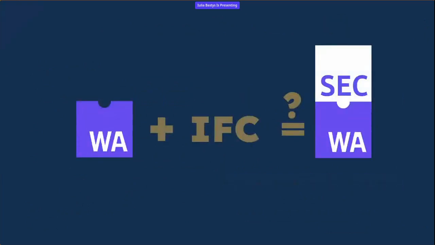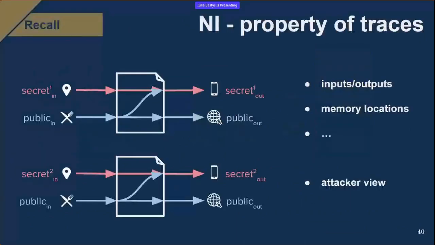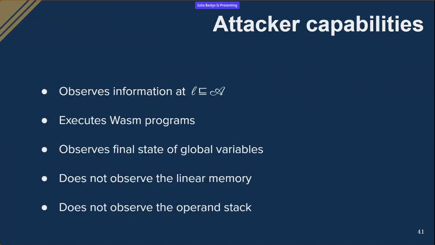So now that we've seen a bit of how WebAssembly looks like, and you got a brief idea what information flow control is, how do we combine them to get SecWasm? Recall that I said earlier that noninterference is a property of traces, and that usually, depending on the setting and depending on the attacker view, we are interested in different components of the state. And the attacker capabilities that we assume in our setting are the following: